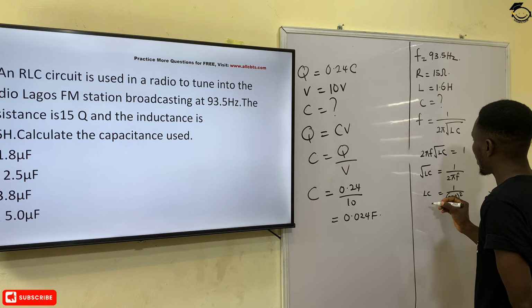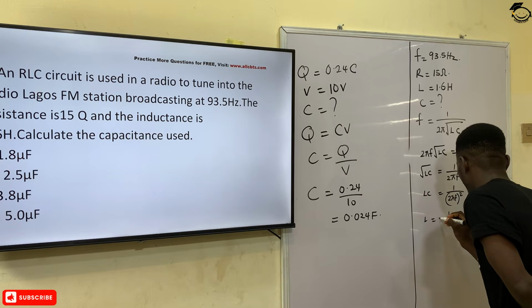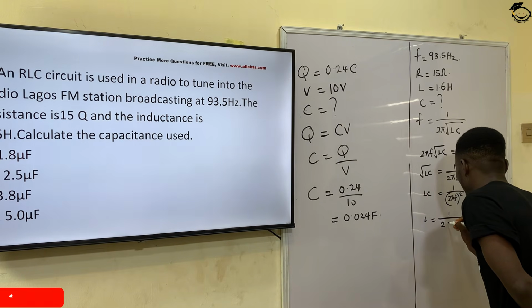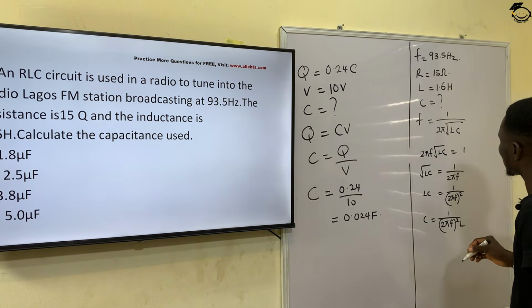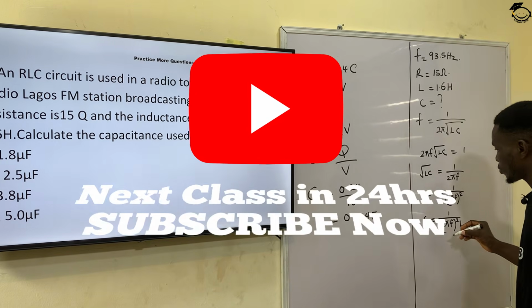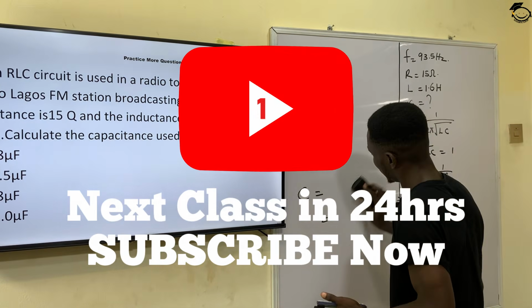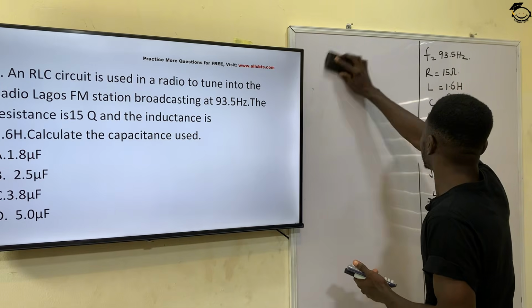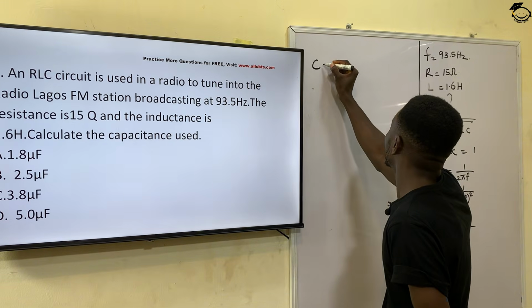squared. And then I'll divide by L, which will mean that my C is equal to 1 over 2 pi f squared L. So this is the formula we use to calculate the capacitance, which means that the capacitance therefore will be equal to